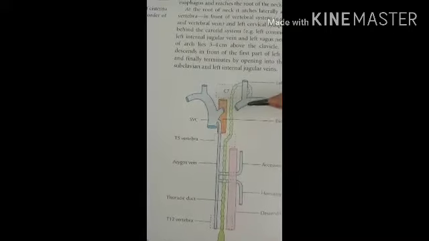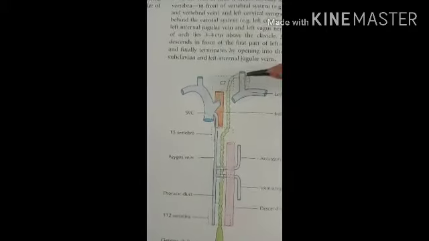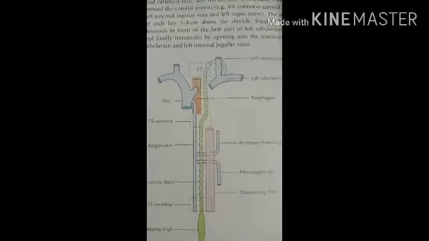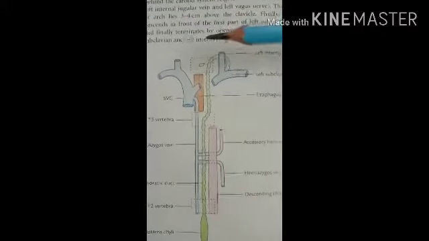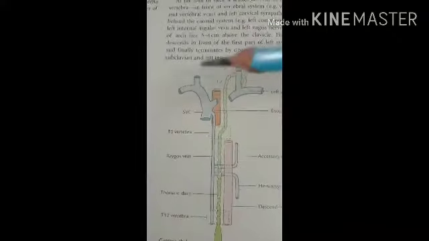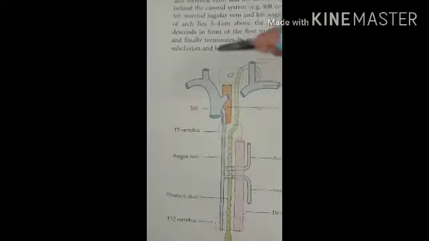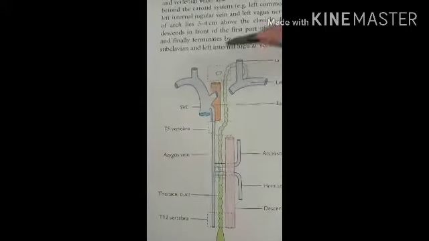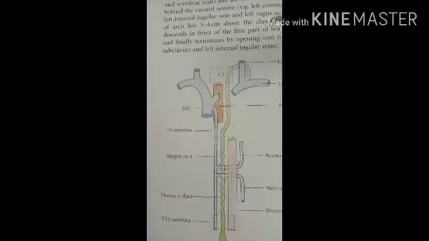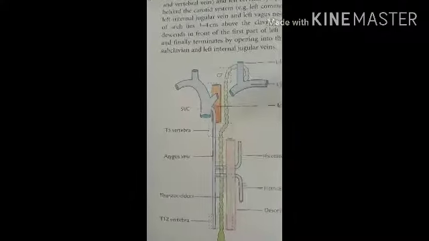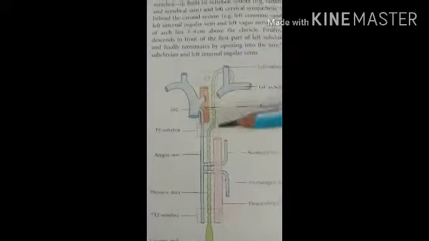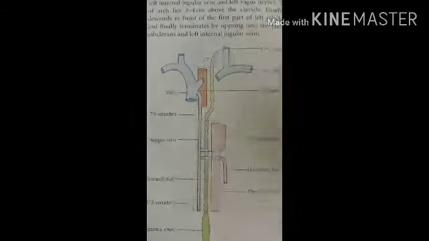Then the left common carotid artery, the left vagus nerve, and the left internal jugular vein. Here you can see the internal jugular vein. Then posteriorly, the same, the vertebral column, the vertebral artery and vein, the sympathetic trunk and its branches, the left phrenic nerve, the medial border of the scalenus anterior, the prevertebral fascia, and the first part of the subclavian artery. These are the relations present in the neck.